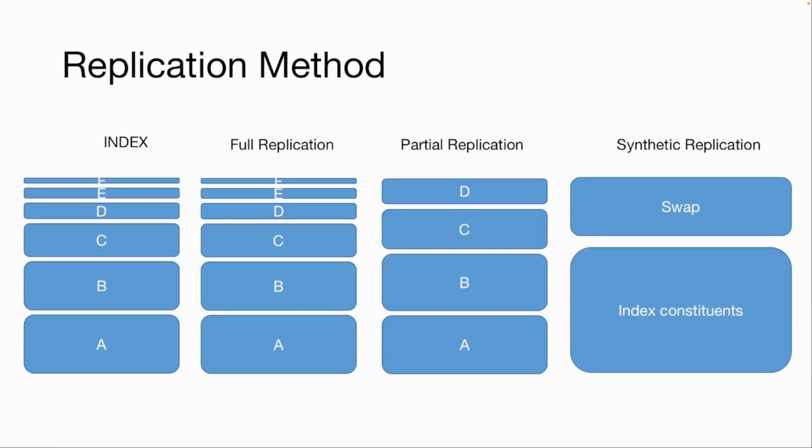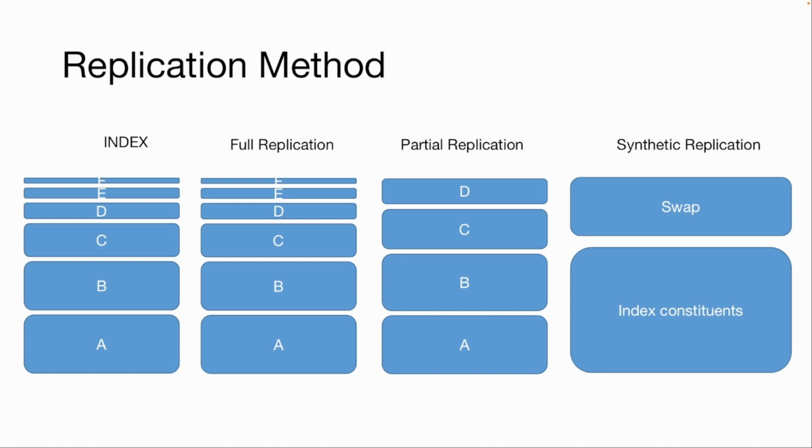And the third is the replication method. This is something interesting and important. The replication method is nothing but how the ETF tracks the index. For example, the DAX index tracks the top 30 businesses in Germany. Here, the ETF provider most likely purchases all the 30 stocks and holds them in the ETF. This is called complete replication, so it replicates all the index constituents.